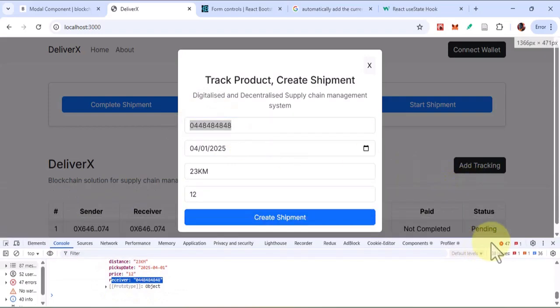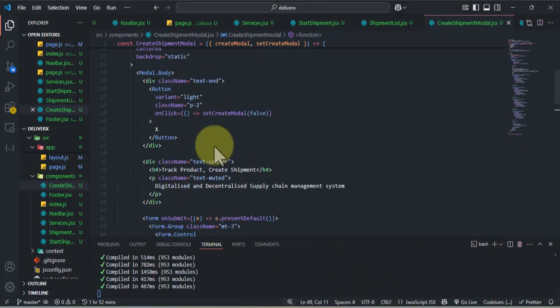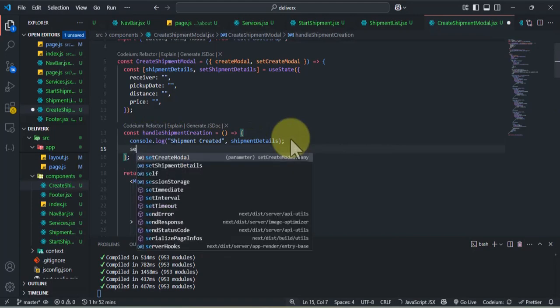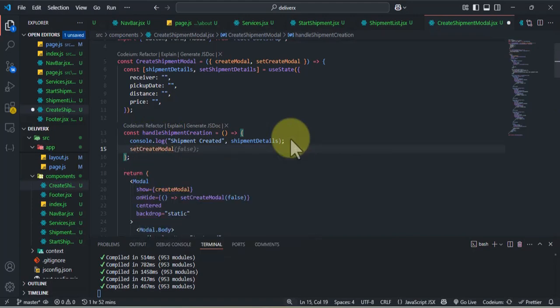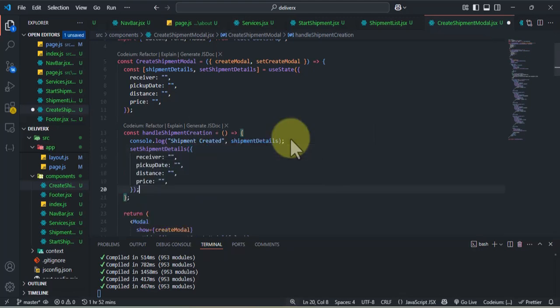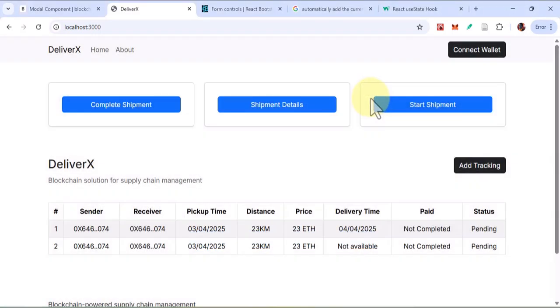And so once I click on that, I want to reset my form. I can just say set shipment details to an empty object. Just set it to the default so that once I click on the submit, you can see that it resets it. Alright, so of course we are still going to look more into that when we get to the backend side, which is the blockchain side. And with that, I think we are done with